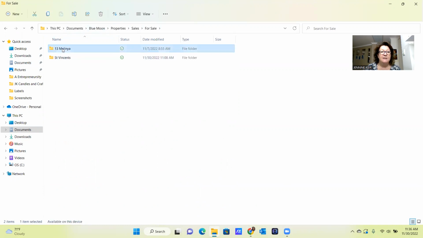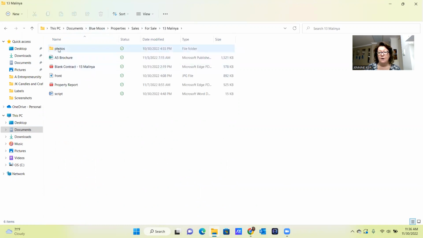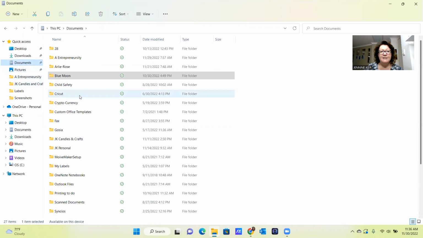So Millennia Drive, as you can see, I've got the photo folder in there and just a few documents that I'll need to condense. I have these generally with the photos and everything all in the one spot because I find it easier. And that's what I'm thinking about doing for all my other ones, because when I go into my documents, I've got Entrepreneur City in here.